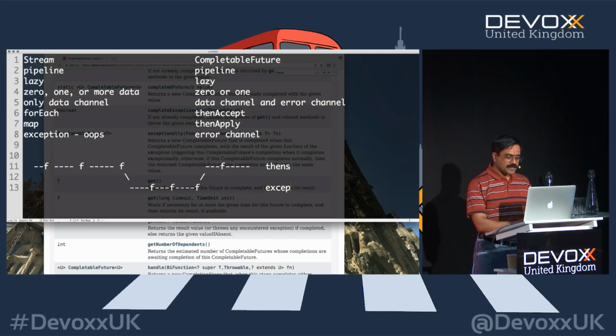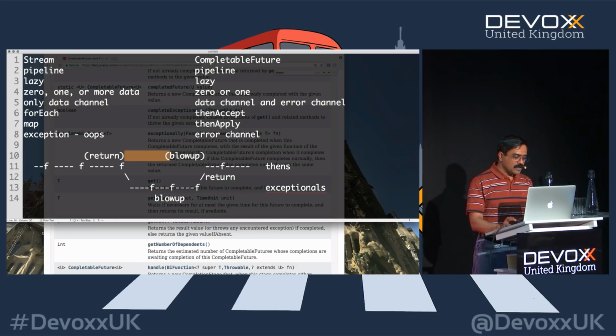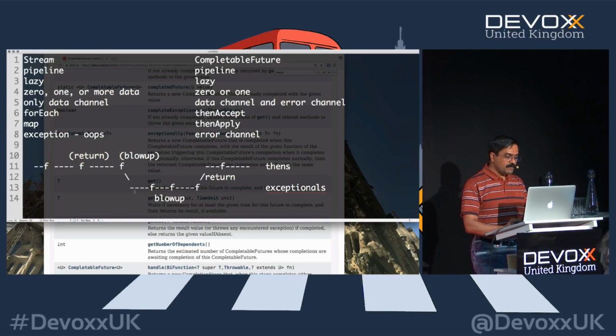So this is, of course, exceptionals. And in this case, you're saying blow up, right? So this is blow up. If you don't blow up, you will go up, right? This is where you are returning a result. This is where you are blowing up. So it depends on where you are in the chain. This is returning, so you continue on that path. This is blowing up, so you come down. This is blowing up, you continue. You return, you go up. And then, of course, here you return as well, and then you continue right after that.